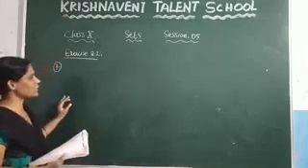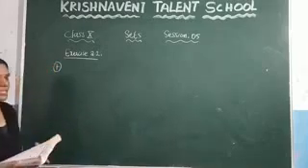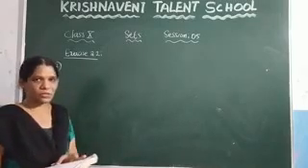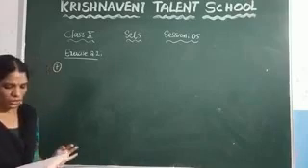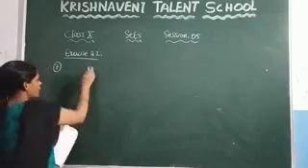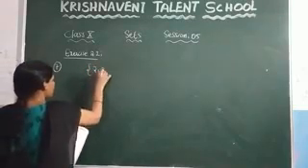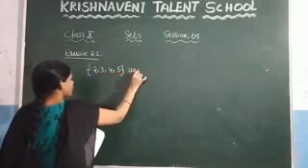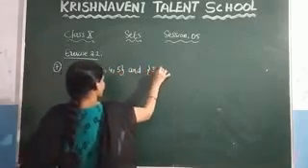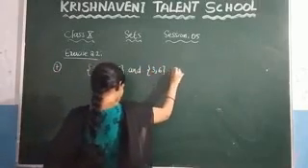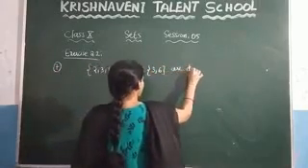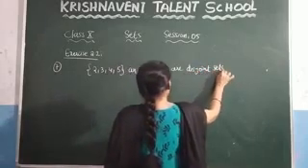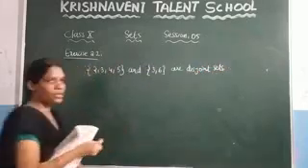In the last session we discussed exercise 2.2 up to the 6th question. Now see the 7th question. Here they have given some statements. You need to check whether the statements are true or false. In the first question they have given the sets 2, 3, 4, 5 and 3, 6, and they said that these two sets are disjoint sets. You have to state whether the statement is true or false.